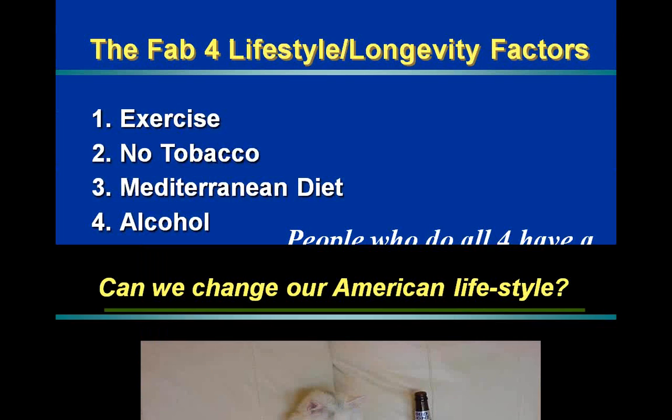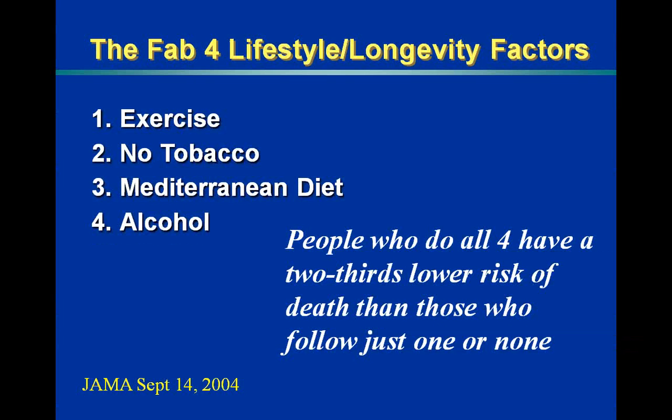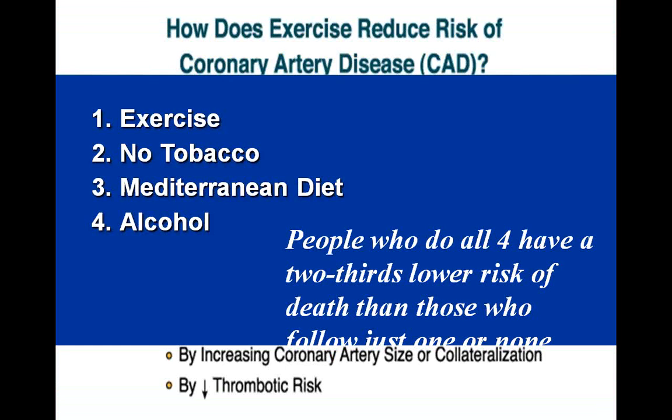And basically, it says people who do all 4 of these FAB5 lifestyle longevity factors have a two-thirds lower risk of death than those who follow just 1 or more. And all it is: exercise, don't smoke, healthy diet, so it's lean protein, fruits and vegetables, use olive oil, and limit your alcohol intake. And then if I had a pill that would make you lose weight, would give you